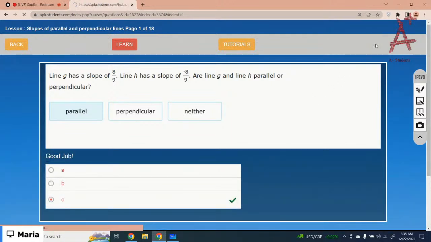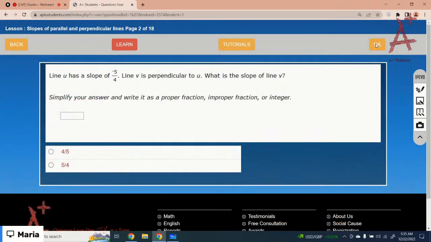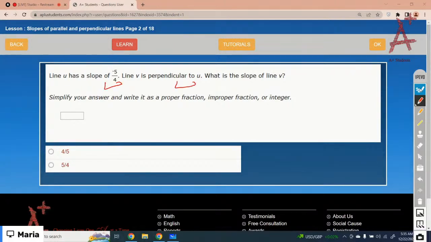Okay, the next one. Line U has a slope of negative 5 by 4 and line V is perpendicular to line U. What is the slope of line V? We just learned that if two lines are perpendicular, their slopes must be opposite reciprocals. Opposite reciprocal means, first of all, you take the reciprocal of negative 4 over 5. The negative means you have to multiply with a negative sign. So it would be 4 over 5. The first option is the